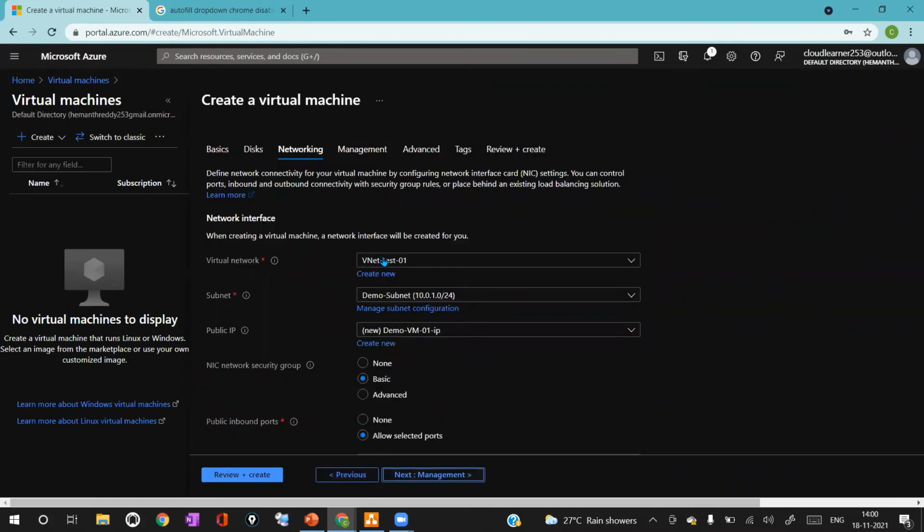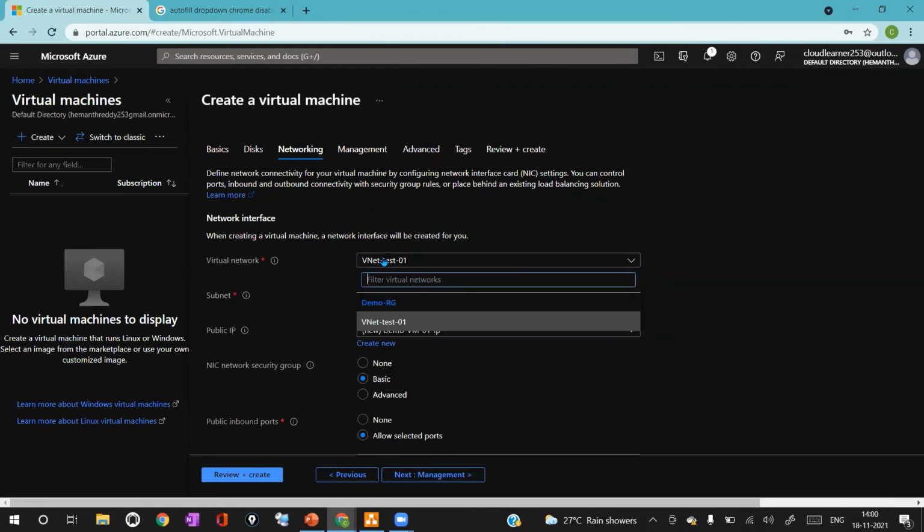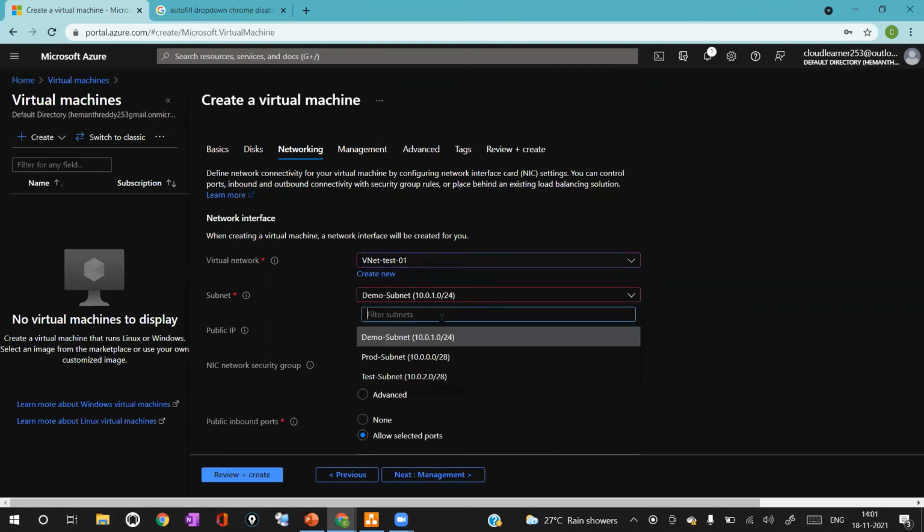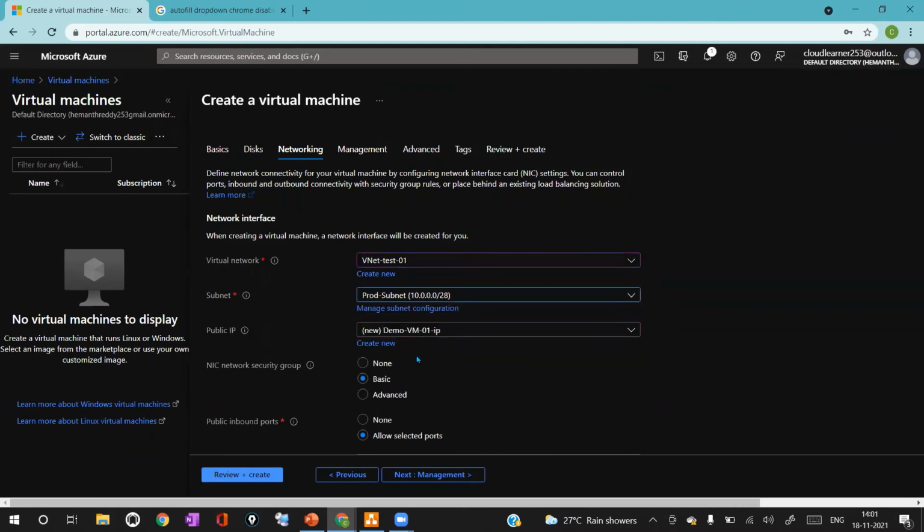Here I'm going to select the VNet, which is already created. The VNet which is already created is vnet-test-01. This is the VNet, and I'm going to select the subnet. The subnet is prod subnet. And I'm giving a public IP address also because I want to connect to the VM with a public IP. And I'm going to click on review plus create.